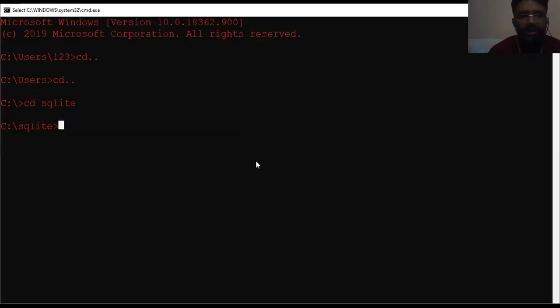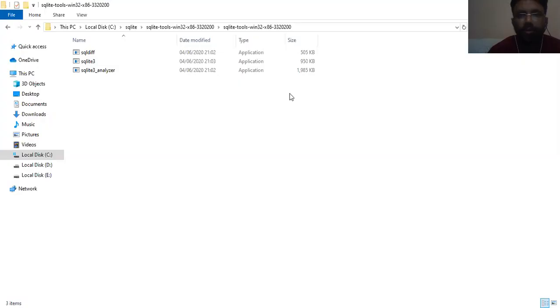So this is the CD, and pasting this. Then again we have to paste the rest of the path.